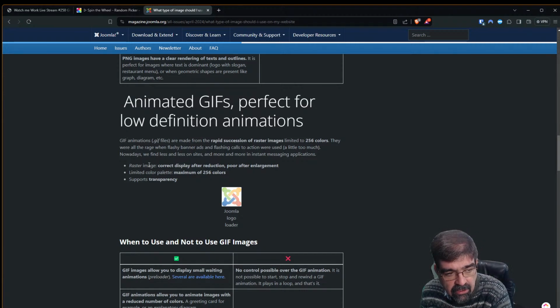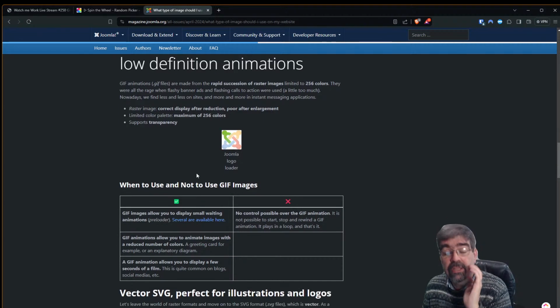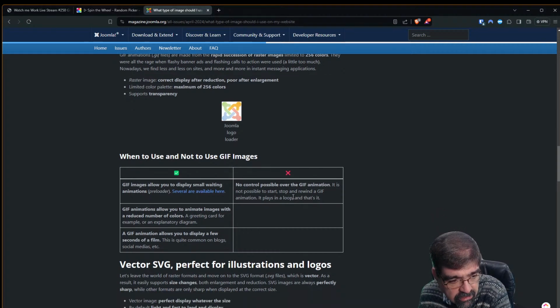It's a raster image. It correctly displays after reduction, poor after enlargement, and only 256 colors, so it's not necessarily great for video. It has a limited color palette and supports transparency. But GIFs that are transparent have a rough edge around them if they have a transparent background. GIF images allow you to display small, lightweight animations,